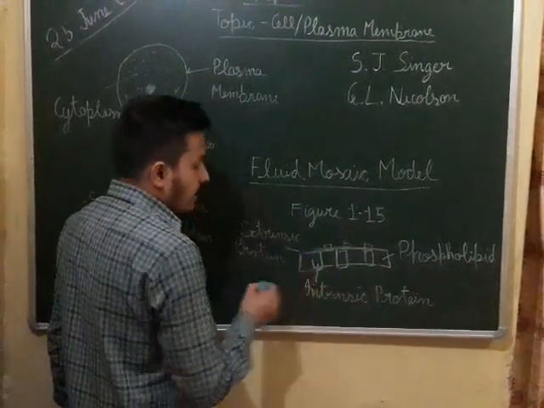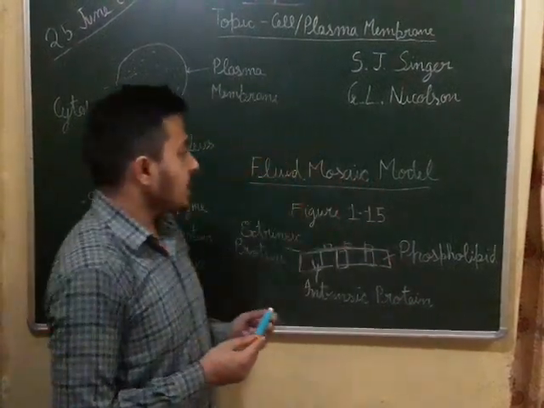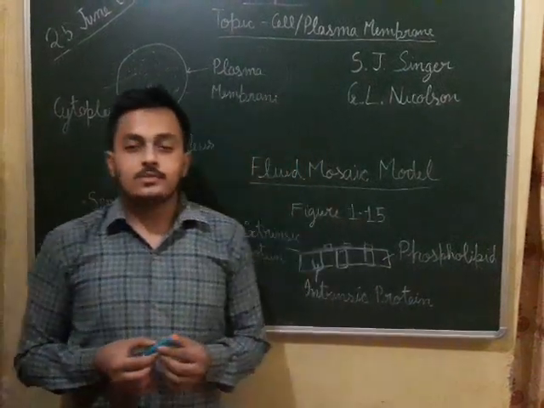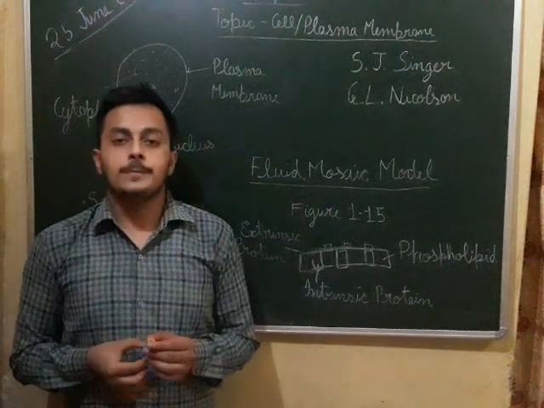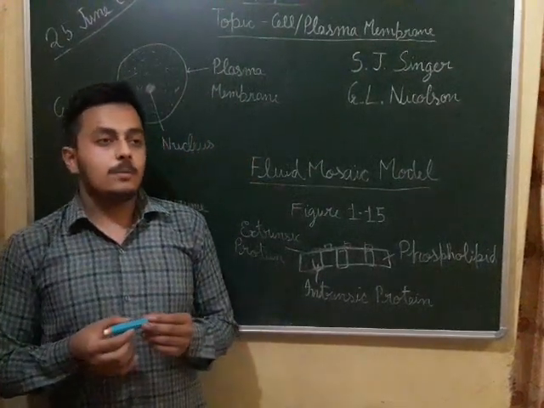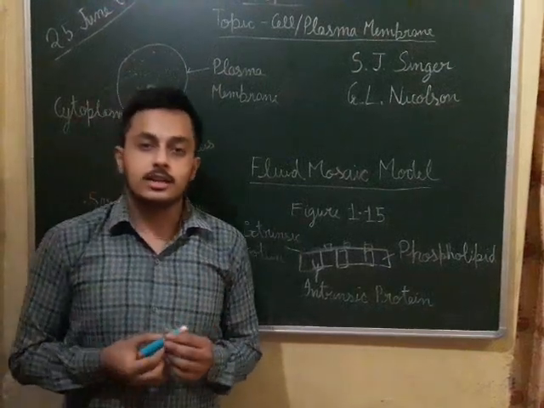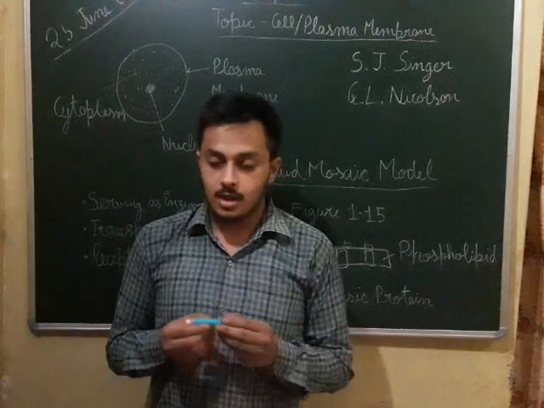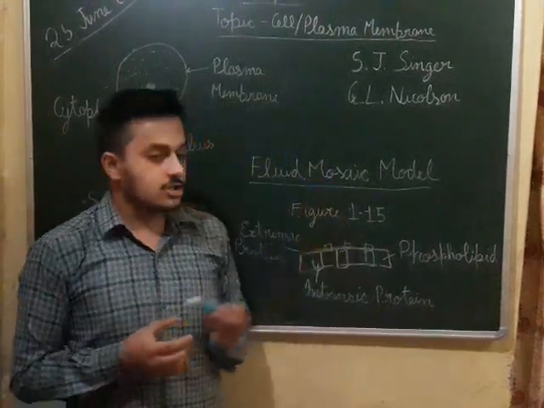Okay. What did they say about the structure of the fluid mosaic model? They said there is a sea of lipid, and the protein molecules are like icebergs floating in it. This is the whole structure of the plasma membrane. In simple words, if I want to explain this structure,